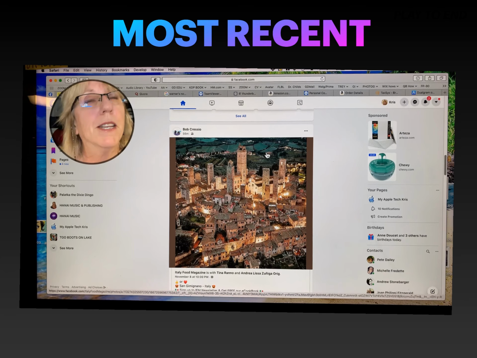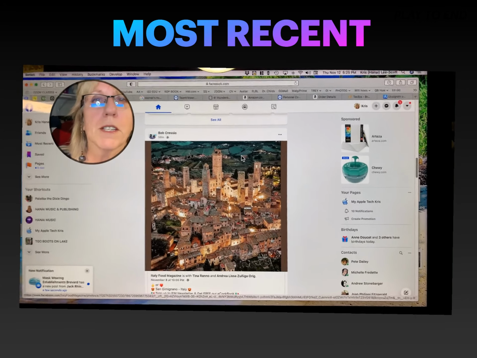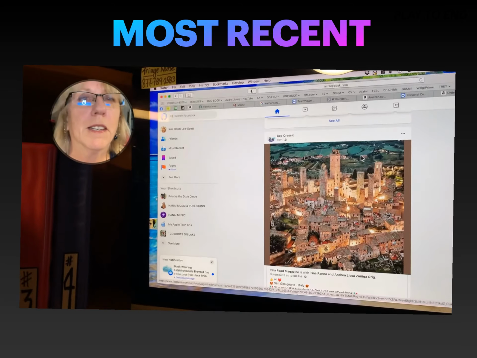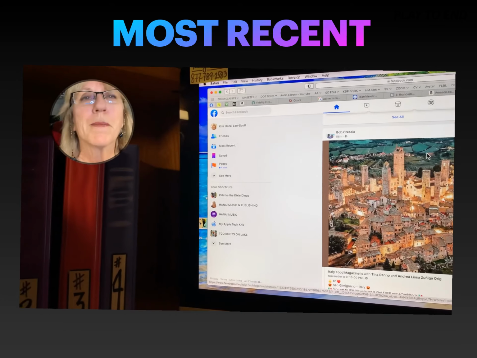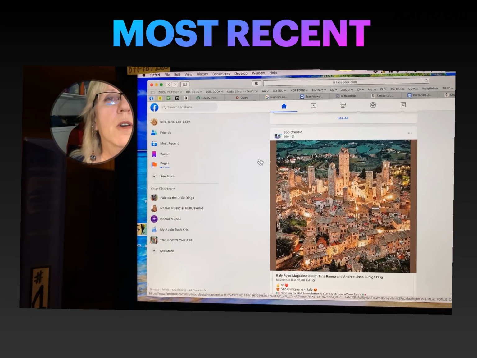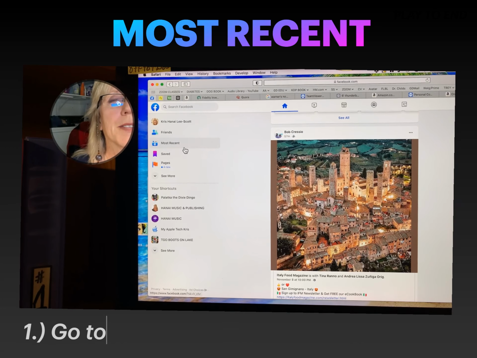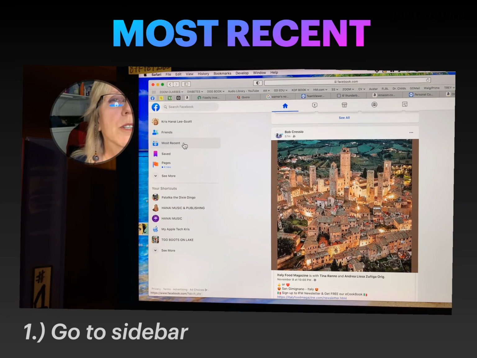My preference is I like to see the posts in the order that they were posted. So the easy thing to do, and let's turn the camera over to the side a little bit. There we go. Okay, so now if you look on the sidebar, and that's what this is called, you will see a little thing that says Most Recent.